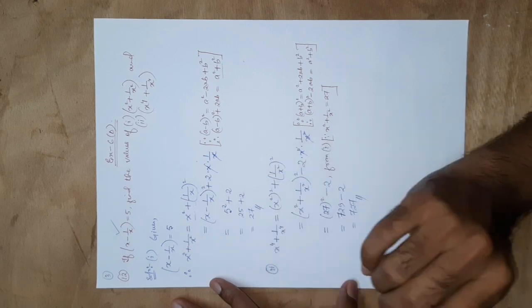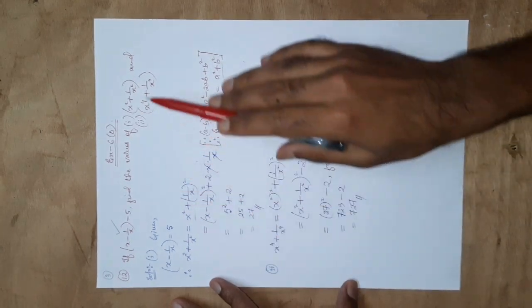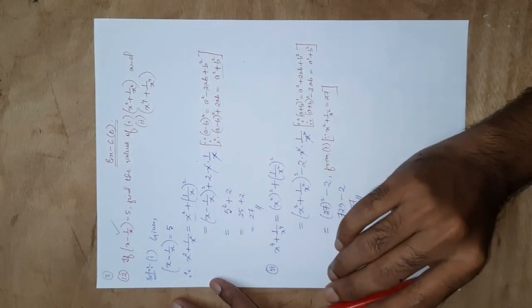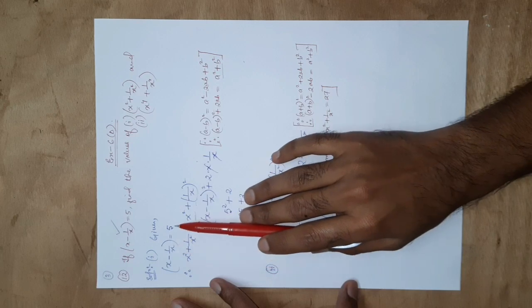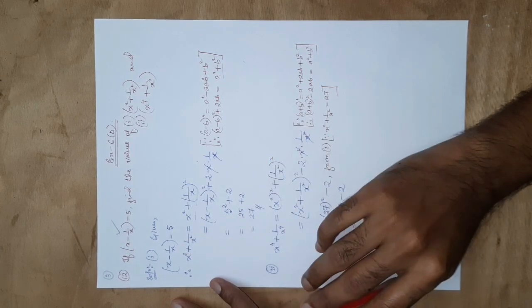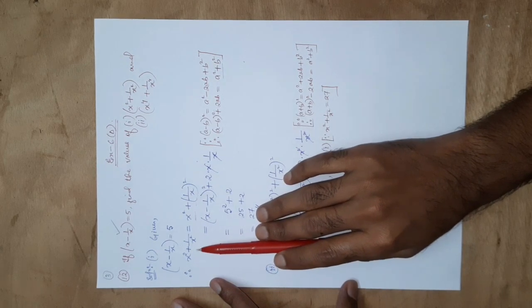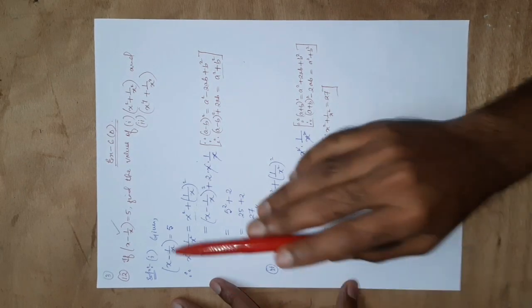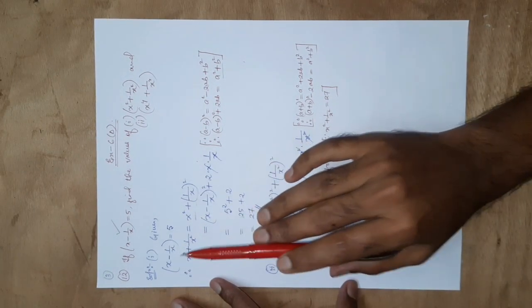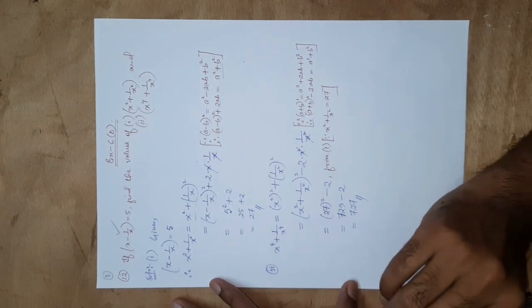First we write what is given. Then for number 1, we have to find out the value of x square plus 1 by x square. But here we cannot put the value of x minus 1 by x directly because it is not in this form. So our aim is to first convert this expression into x minus 1 by x form. When we convert this into x minus 1 by x form, then only we can put this value 5. Okay, so what are the ways we can do that?